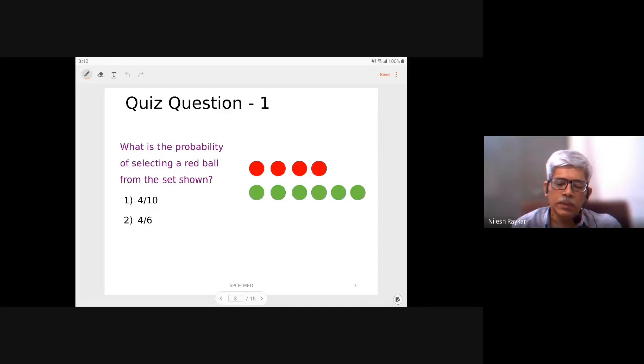Now, let's extend this particular case to the type of problem we'll be facing in machine learning. In machine learning, instead of the red ball and green ball, you will have some kind of feature. Here the color of the ball is one feature. You may have some more features, and then you have to predict what will happen for a certain combination of features. So let's see the next case.